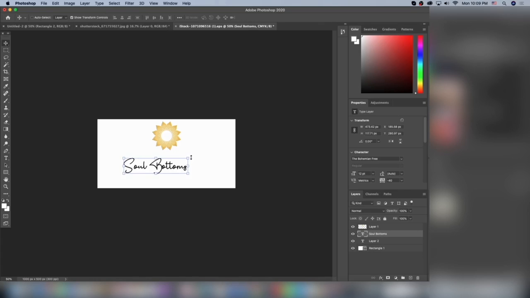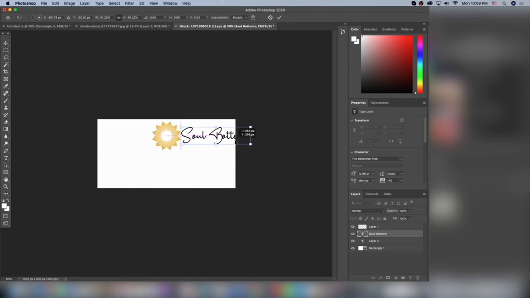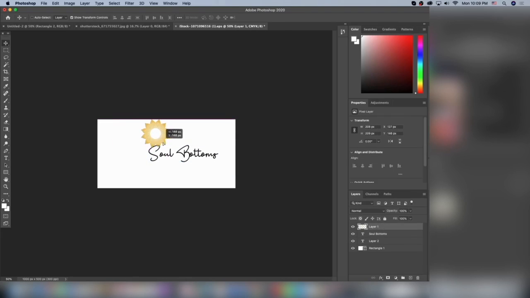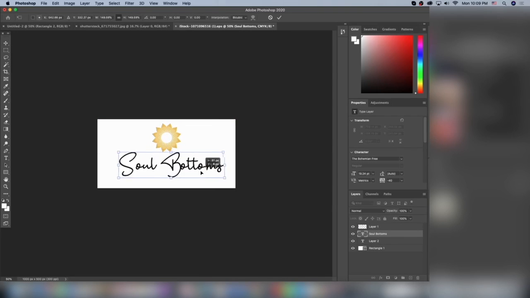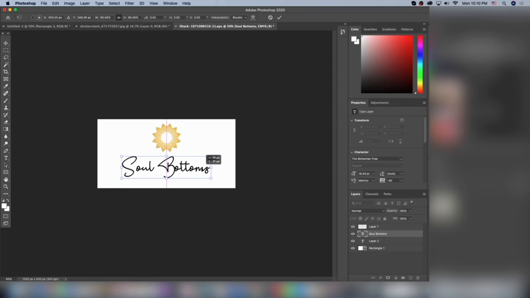Perfect. And now I'm just going to adjust this text until I think it looks good. So I really like this variation, but this is something that you can play with as many times as possible. Another good variation that can be used is the logo and the text in the same line, but I'm just going to make it top down for District Theme because I think that's what's going to look best. So let's make this thing bigger. Perfect. Okay, awesome. And one more thing that we're going to add, so it's not just an image and text, is a little trick that's going to give this even more trust and legitimacy with consumers, which is also a